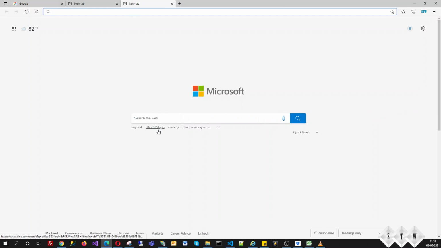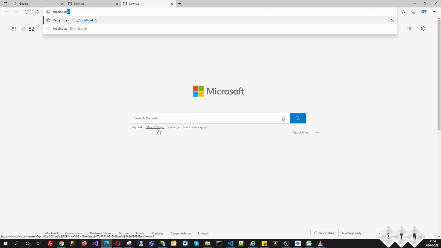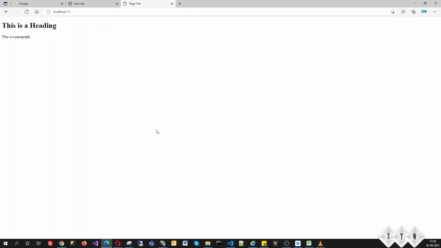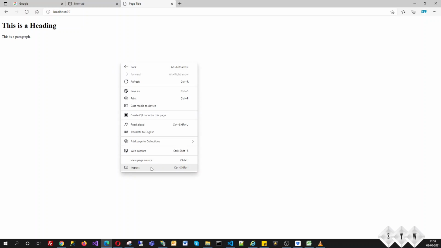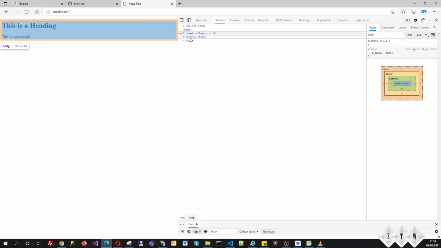Let me load a page which is created by me, on localhost. So you can see the very basic web page is loaded here, and if we check what is loaded by the browser, you can see doctype, HTML, head and body.